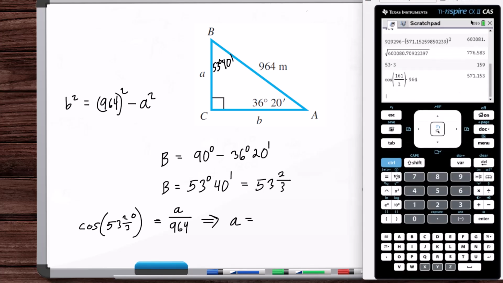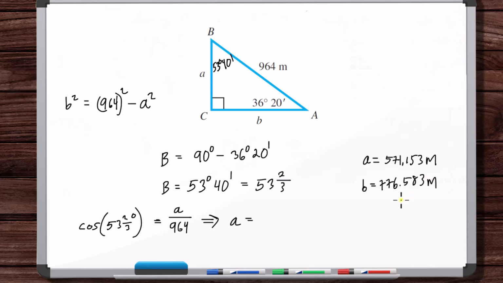And then Pythagorean theorem, 964 squared minus 776.583. Yeah, and then the idea is these are the nominal answers, and then what you would do